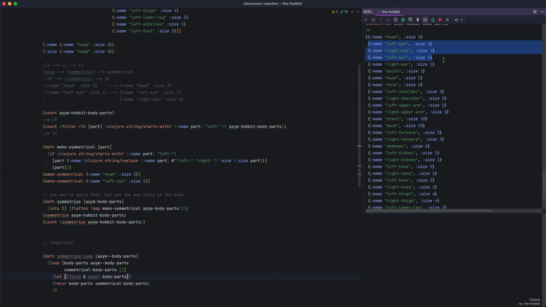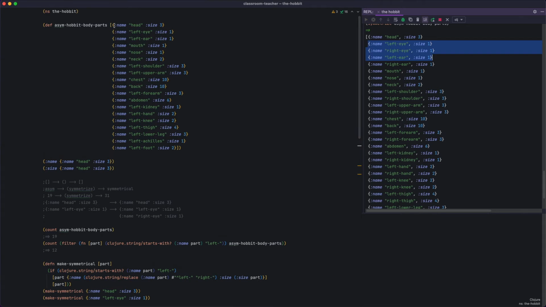And so that's just very handy, because now we have the means by which, through every iteration of this loop, we will be passing it a list that is one smaller than the one that it started that iteration with. So if we continue this example, when we execute recur, body parts now will be what I've highlighted here. It'll just be left eye, right eye, and left ear. Well, actually it won't be that, because this is our final loop, but you can imagine